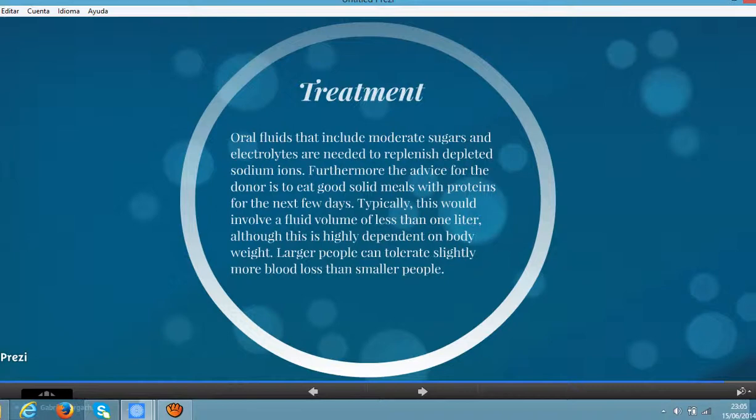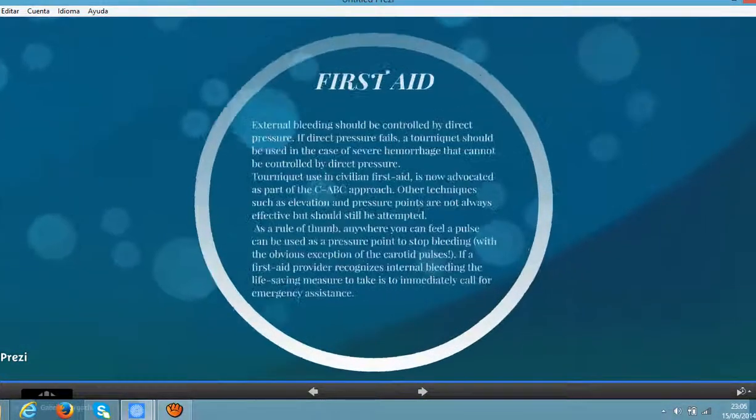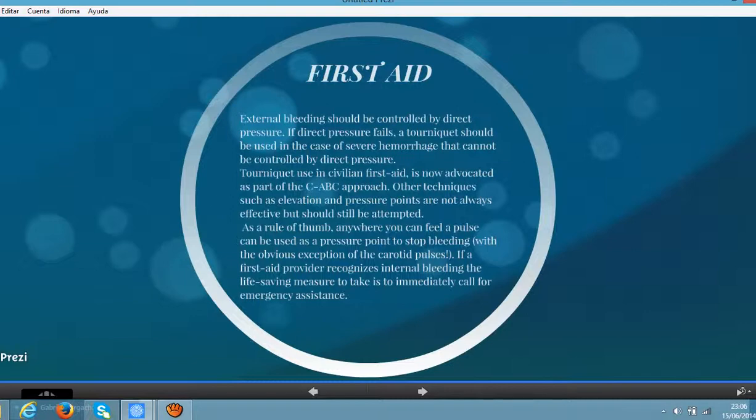Typically, this would involve a fluid volume of less than 1 liter, although this is highly dependent on body weight. Larger people can tolerate slightly more blood loss than smaller people. The first step that we can include is that external bleeding should be controlled by direct pressure. If direct pressure fails, a tourniquet should be used in the case of severe hemorrhage